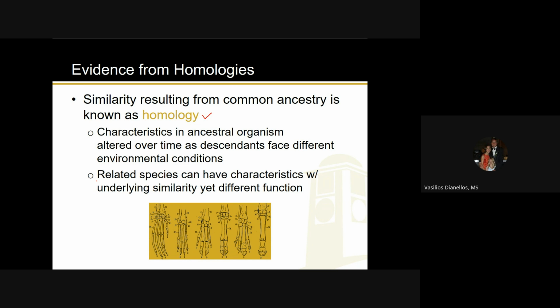And I think a great example of that, and I think it's probably on one of the next slides I'm going to show you, but bats are a great example, right? We use our arms to grab stuff and move stuff, right? And bats use their arms as wings, right? So that's just a great example. So once again, it's a related species. A bat is a mammal just like us. So they have characteristics that have underlying similarities, like this. We have the same bones, different shape, but basically the same bones in our arms as bats do. But obviously, we have a completely different function. What we do with our arms, or what you would call 4 limbs, technically, is a lot different than what a bat would do with their 4 limbs.